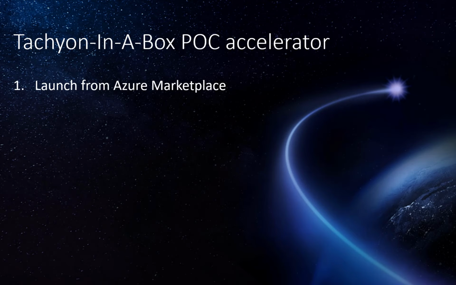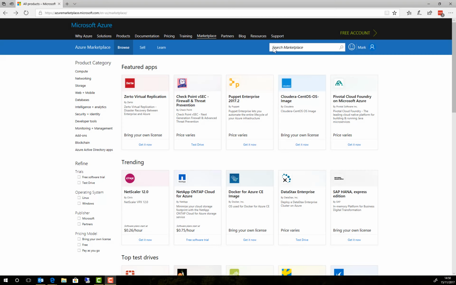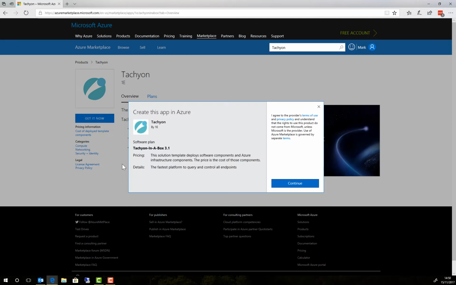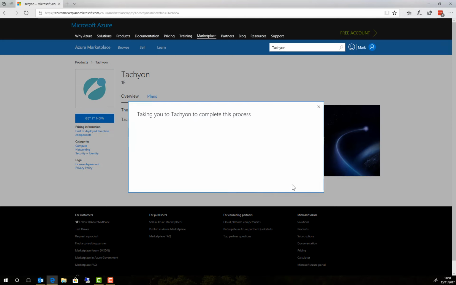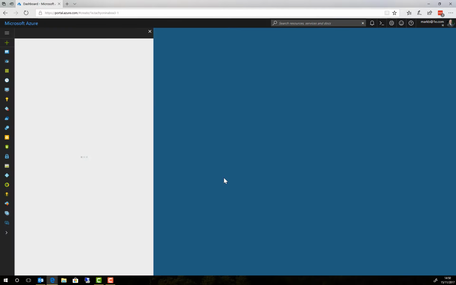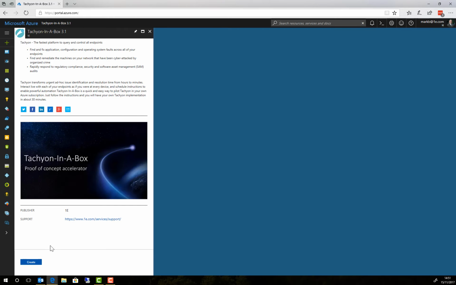So, firstly, launching from the Azure Marketplace. In the Azure Marketplace, you can search for Tachyon and you'll find the listing. To install it, just click on Get It Now and then click on Continue. This will move you to the Azure portal and create a new virtual machine. So click on Create,